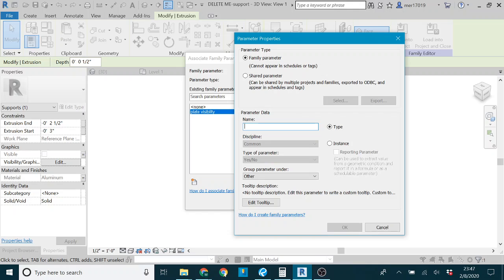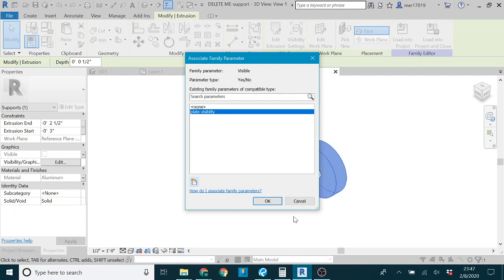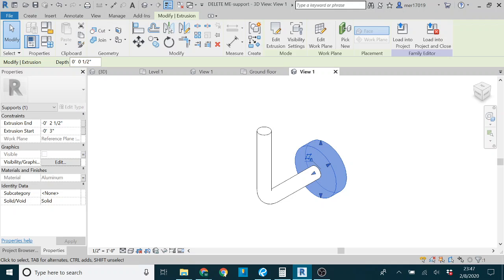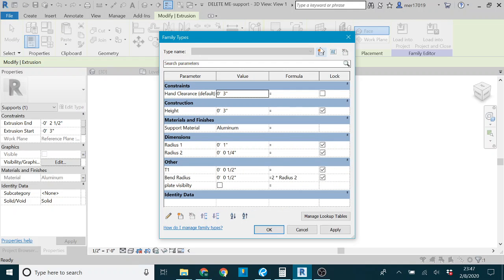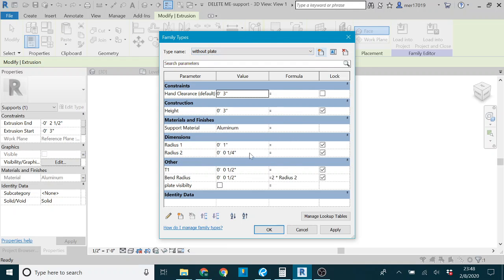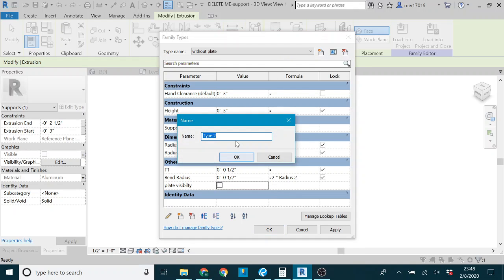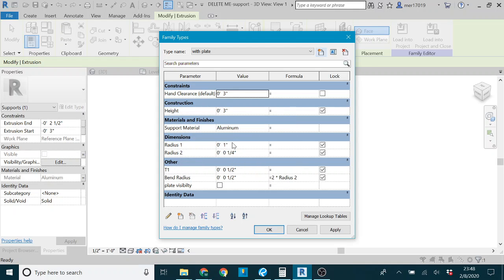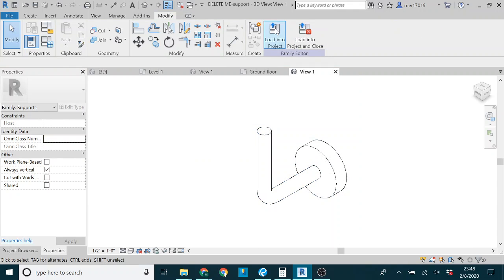And so I've already got that created, so I'm not going to create it again. But I'll show you if I go here. Right now I don't have any family types created, so I just hit the new type, and I'll make one without plate. So okay, and I'll leave that plate visibility off, and then I'll create one called with plate, and I can turn that visibility on, apply, okay, and then if I load that into my project,